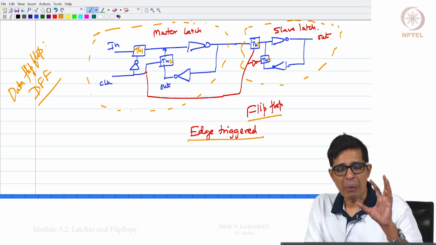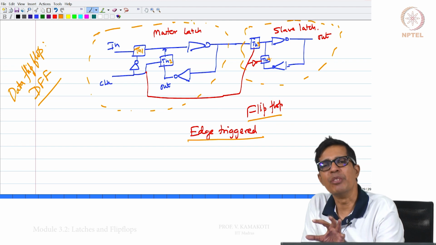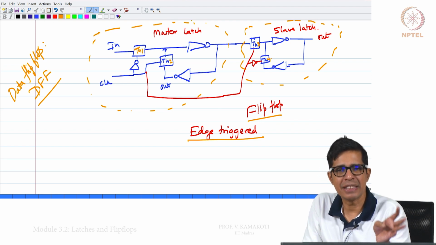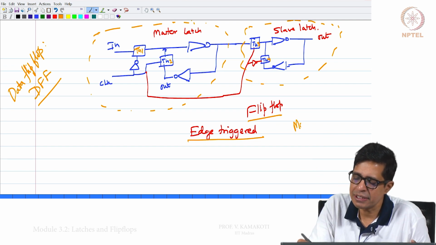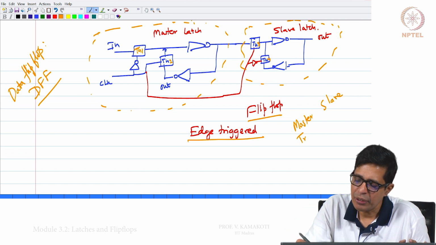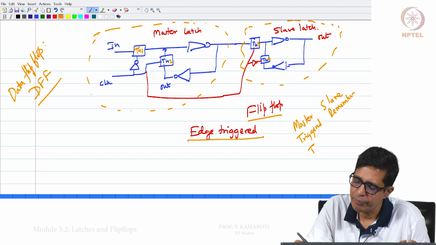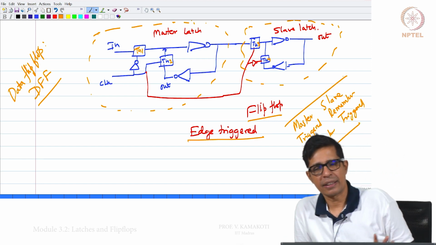So, when the master latch is triggered, the slave will remember, and when the slave is triggered, the master will remember. They work exactly in opposite. This is very clear.